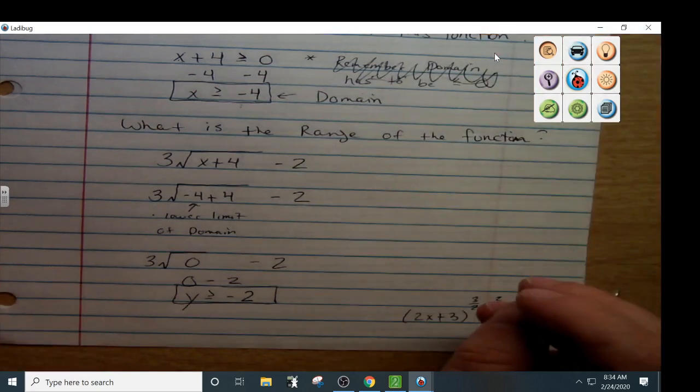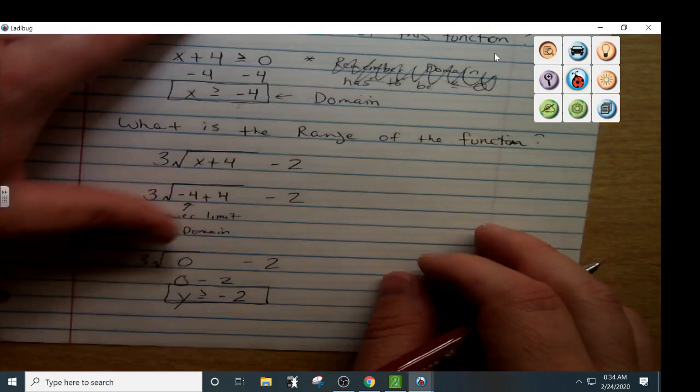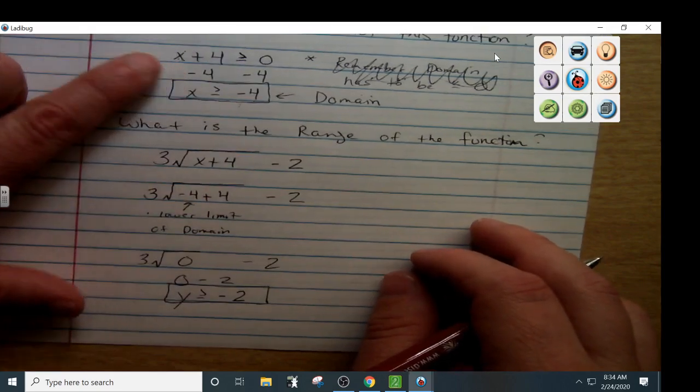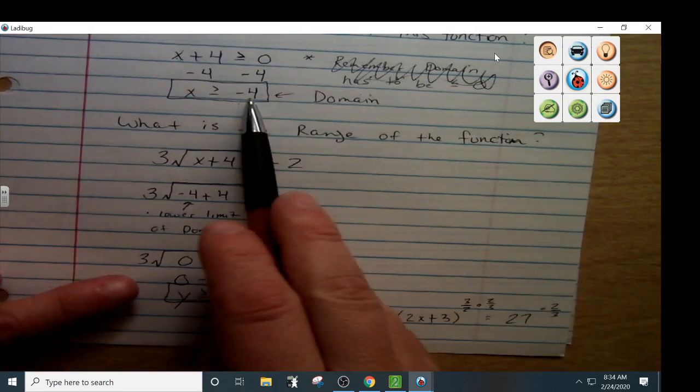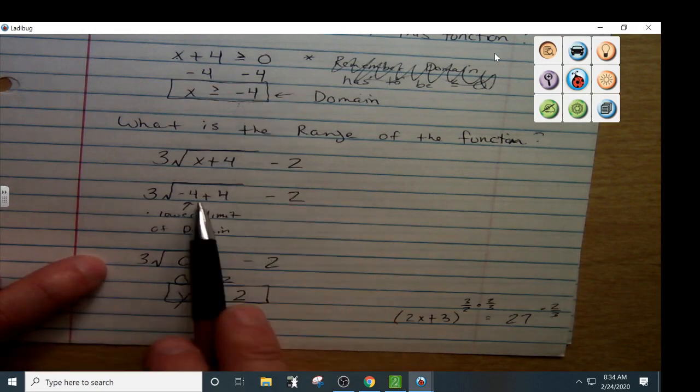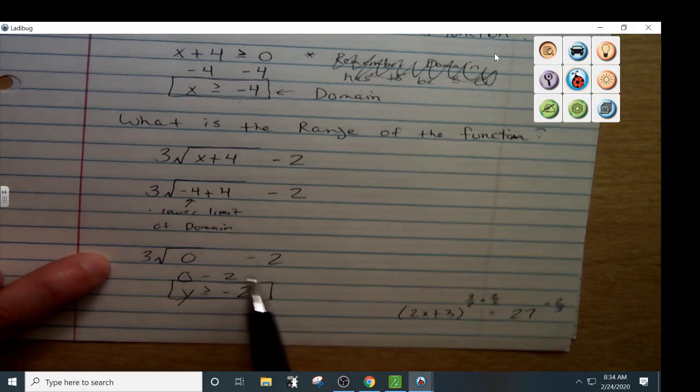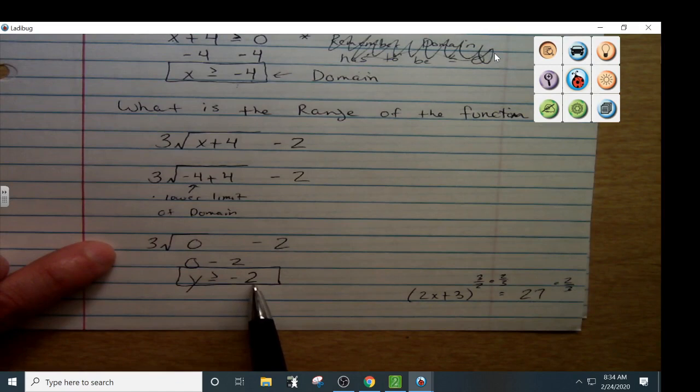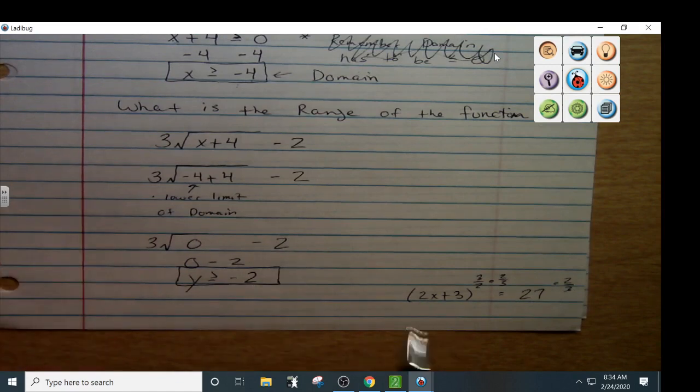Okay, so now, the main you set this greater than or equal to 0. To get your range, you plug in this number that you found from your domain. You plug it in for x, and you get your range. Okay. Now,